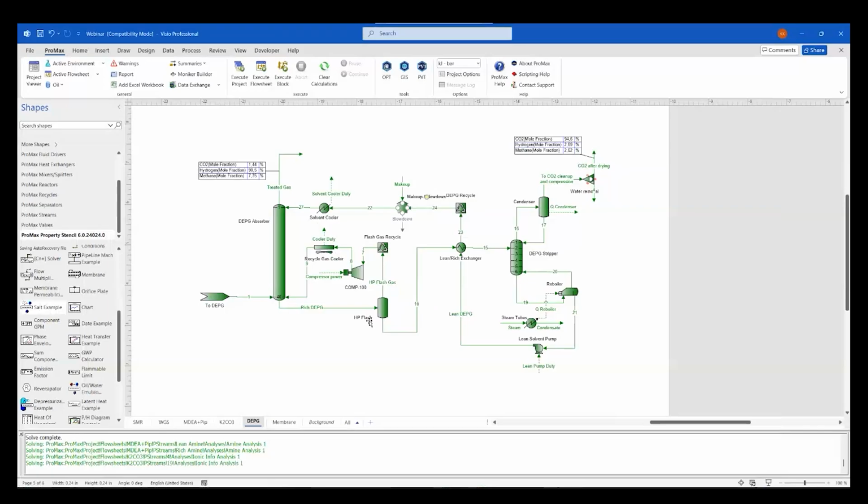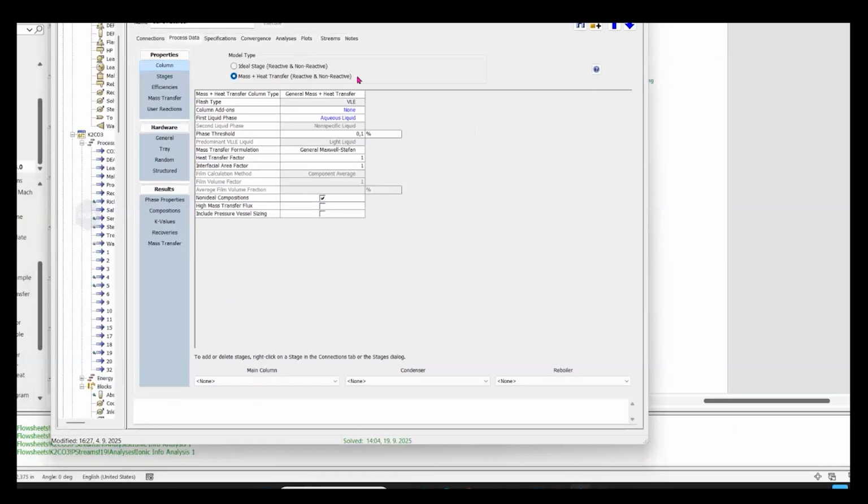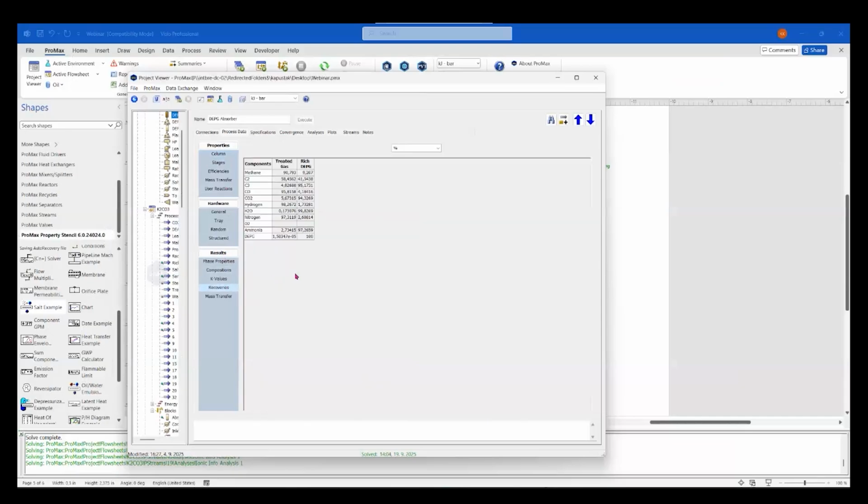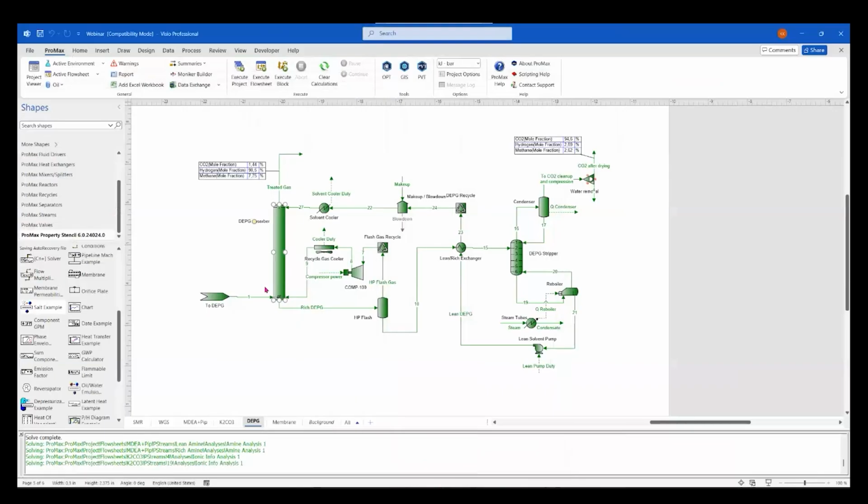And the difference between the technologies which we saw in the NDEA case is that we have just the absorber, because we have no reaction there, and we can check the results, common results, and go to recoveries. If I go to recoveries, we can see that for hydrogen we have 98% recovery, and for carbon dioxide 94. This recovery is only for the absorber, but when we want to see the overall recovery of the whole flow sheet,